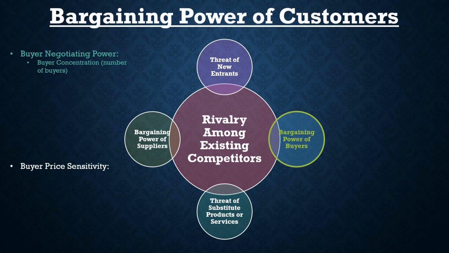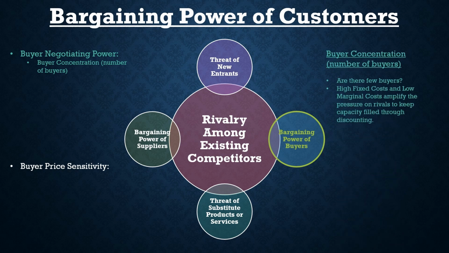The bargaining power of buyers can be considered from 2 separate perspectives, namely buyer negotiating power and buyer price sensitivity. The first point to consider within buyer negotiating power is buyer concentration, that is the number of buyers. Are there few buyers? Also, high fixed costs and low marginal costs amplify the pressure on rivals to keep capacity